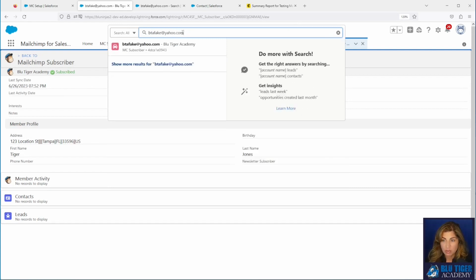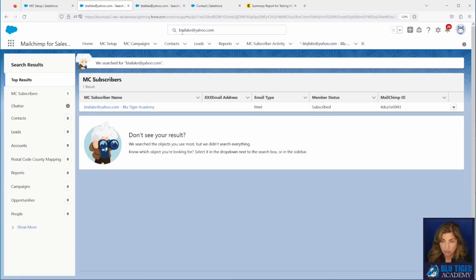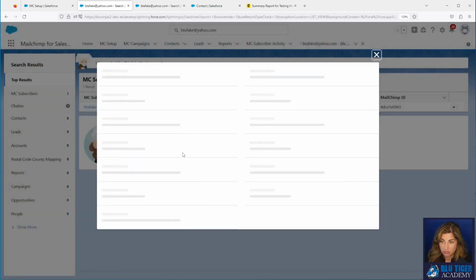And so in order to make this email address link to a contact or a lead, we would need to create them. So let's go ahead and create Tiger Jones, and then we'll run the sync.